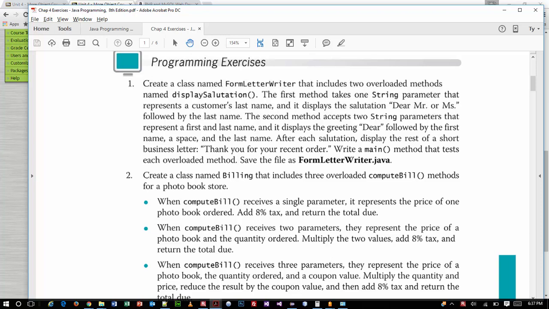Salutation. The first method takes one string parameter that represents a customer's last name and displays the salutation, Dear Mr. or Mrs., followed by the last name. The second method accepts two string parameters that represent a first and last name, and it displays the greeting Dear, followed by the first name, a space, and the last name. After each salutation, display the rest of a short business letter, thank you for your recent order, or whatever you want to put in, and then write a main method that tests each overloaded method and save the file as